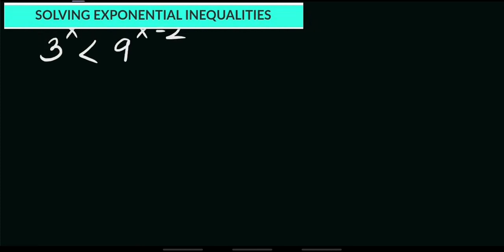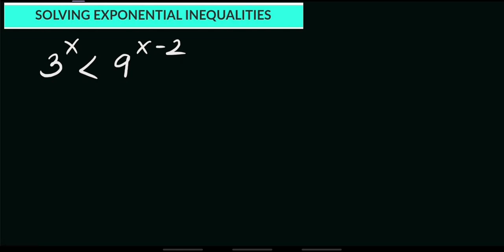Right, so for example number 1, let's say we have 3 raised to x, and that is less than 9 raised to x minus 2. The first step you will do here is to pretend that you are just solving an exponential equation. So yung step natin, pareho lang. You need to rewrite this expression with a common base and then equate their corresponding exponents once the bases are equal. Same lang yung procedure, but this time, before mong i-equate, or disregard yung mga base,